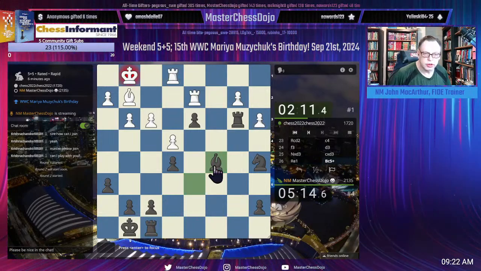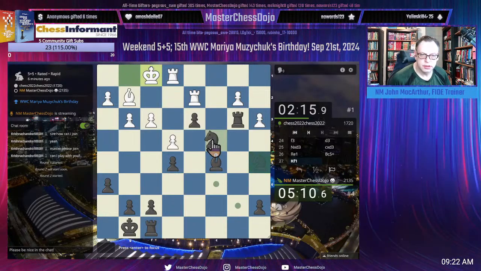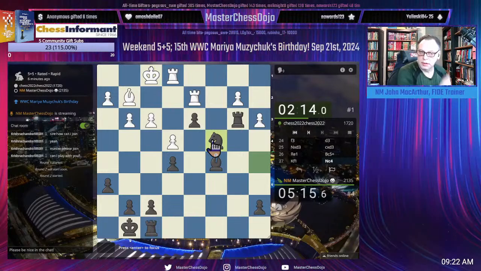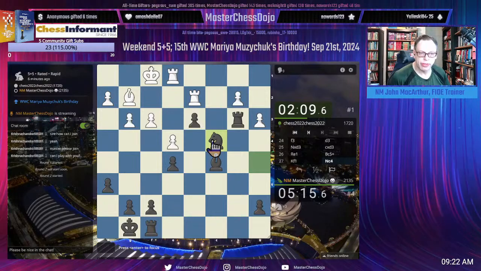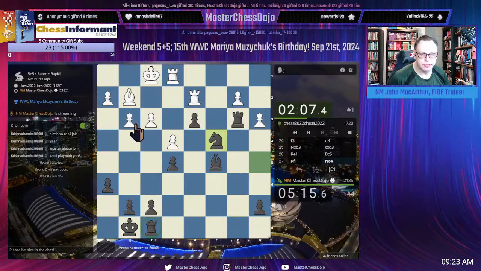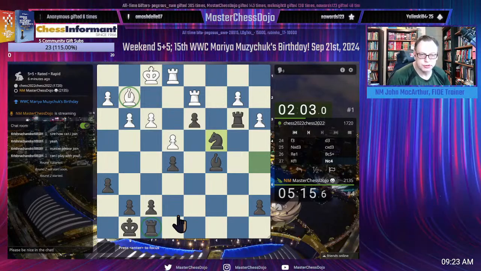Not entirely sure that that helped. One of these days I'm going to get around to using my rook, but it's about as valuable as the bishop on g2.